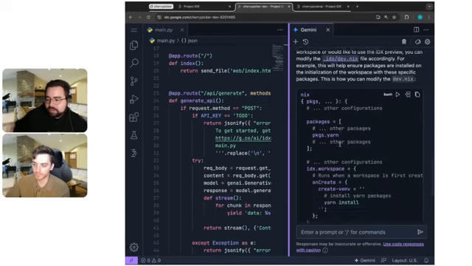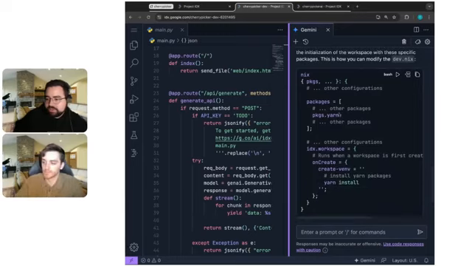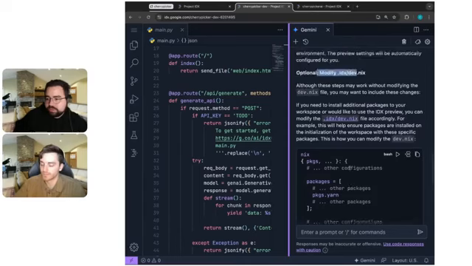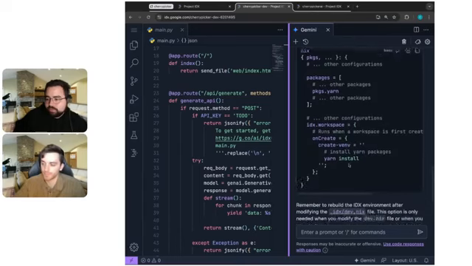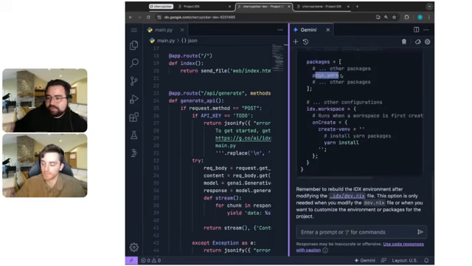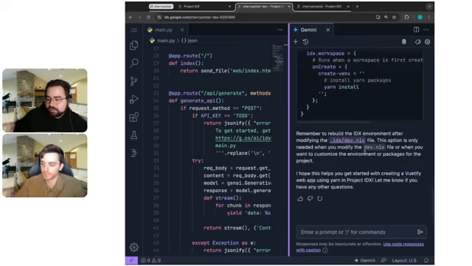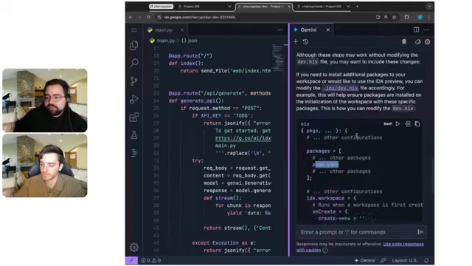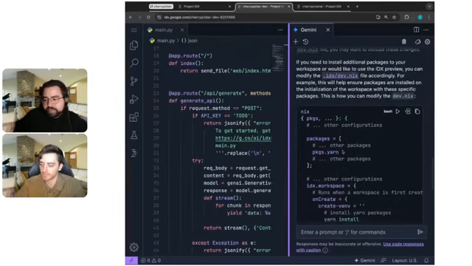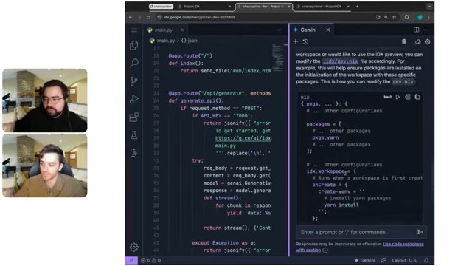Interesting. So when you're in Project IDX, you actually need to set up your environment if you want to use Yarn. Interesting. Okay, so I have to add this. All right. So I guess we can start there so that we have all the packages and dependencies we need to create